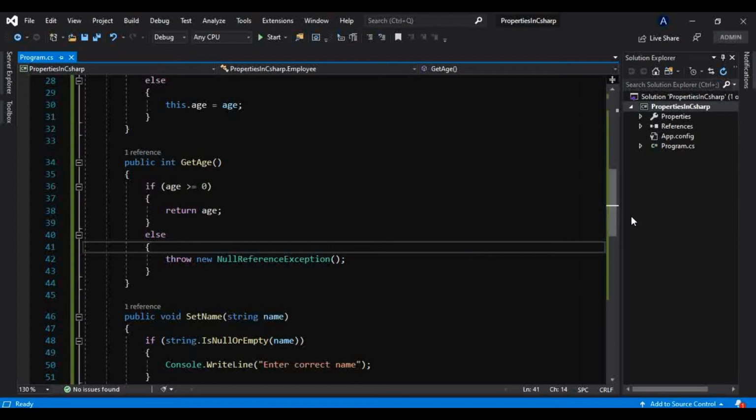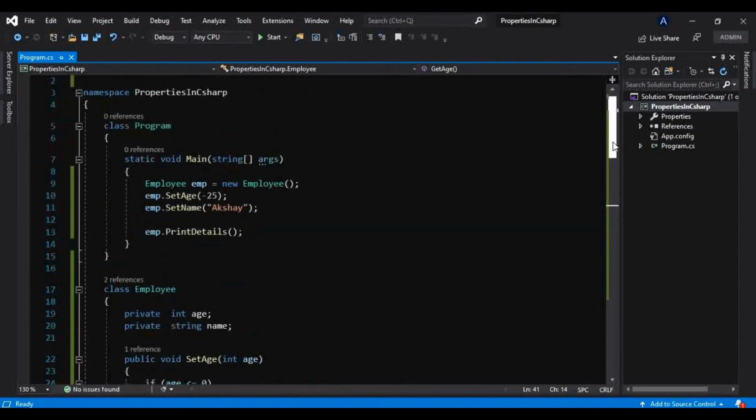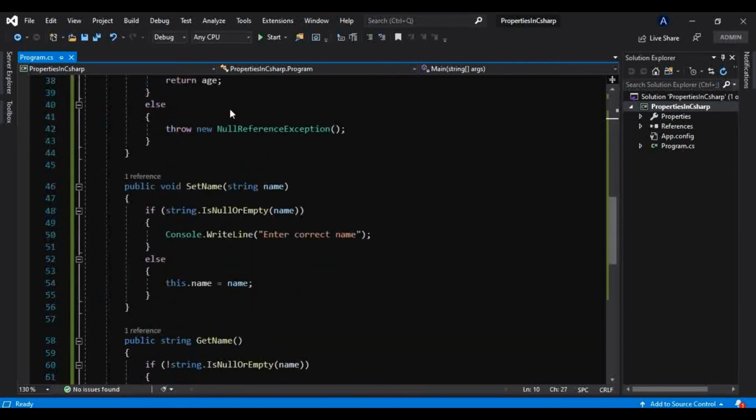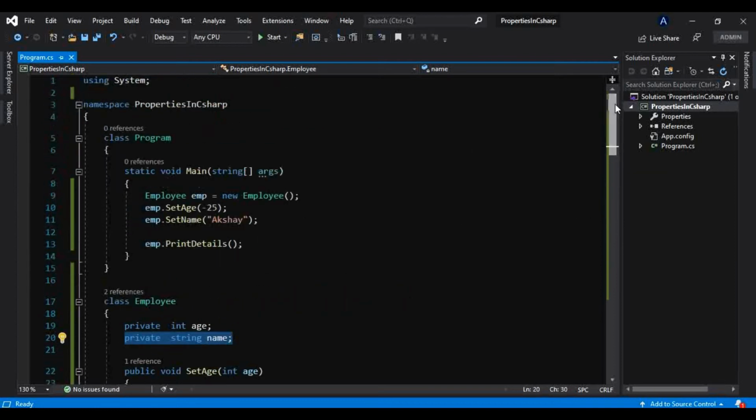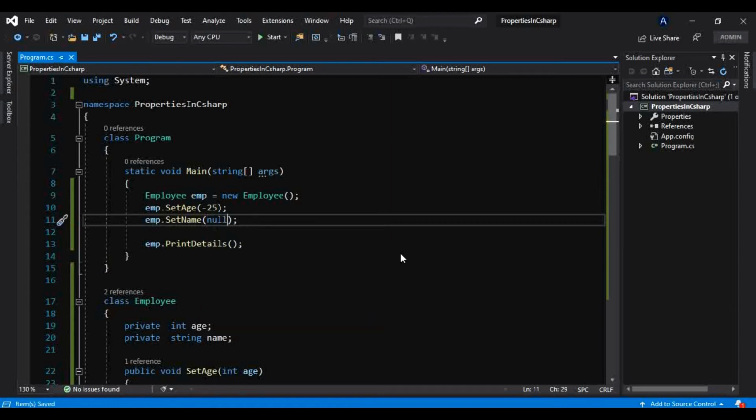But coming back to this concept, now if I don't provide a valid age here, it is giving me that message, and we are in a position to throw any exception, or we want to provide any valid message if it is not providing any valid value here. So that's how this getter and setter are used, and we can expose our private fields through this public getter and setter. Okay, and now what if I provide null here like this, and if I try to run that?